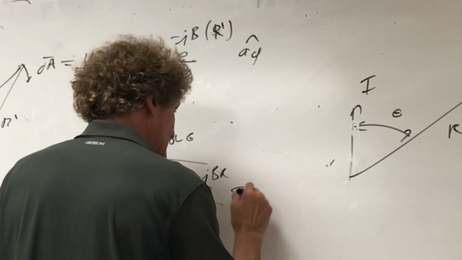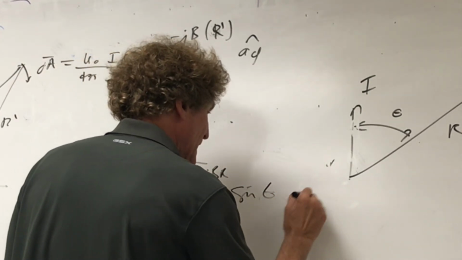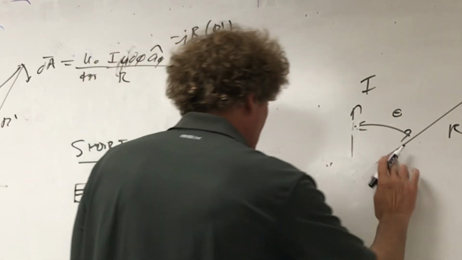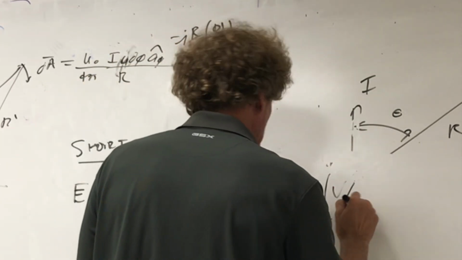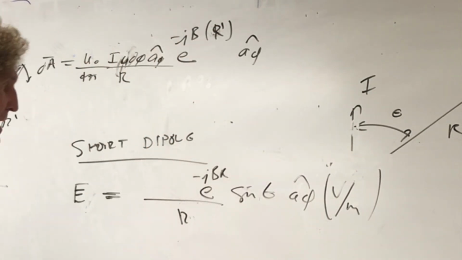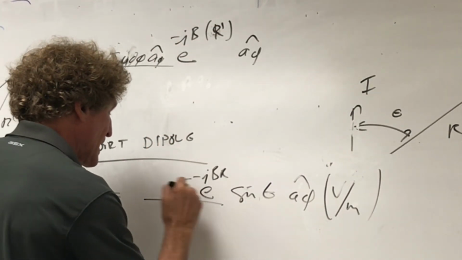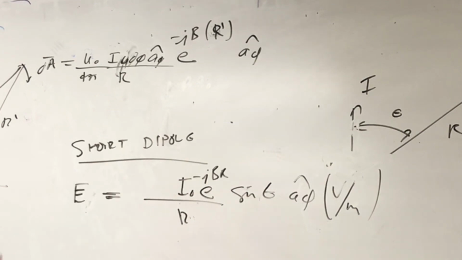It's going to be a sine theta here. It'll be in the a phi direction. And the units of this are going to be volts per meter. This is the electric field. Now, it'll be proportional to the current I naught, but what comes out here has a lot to do with